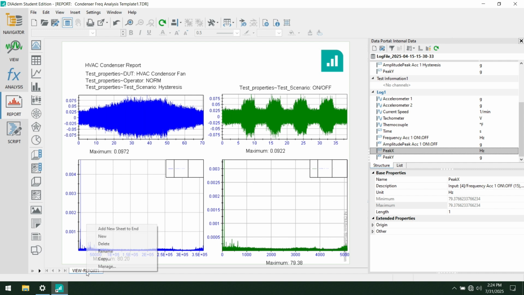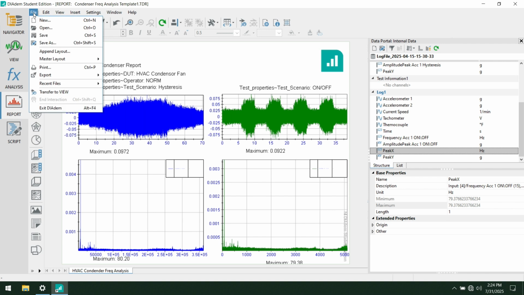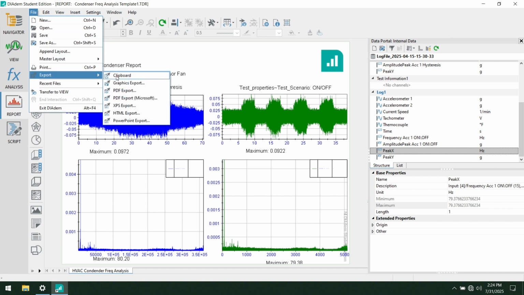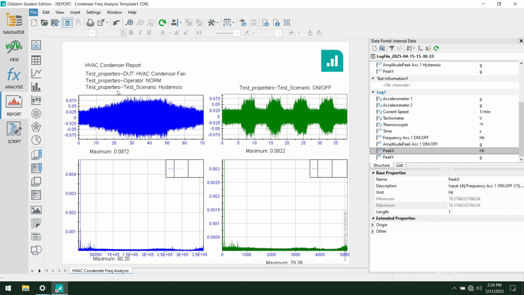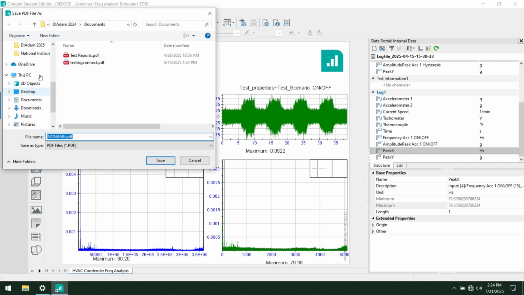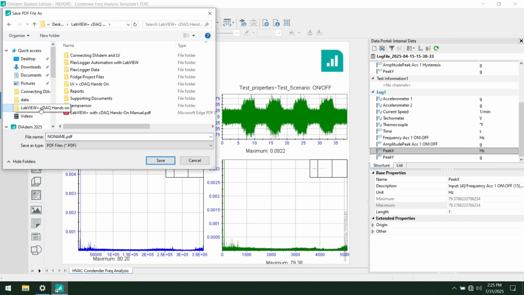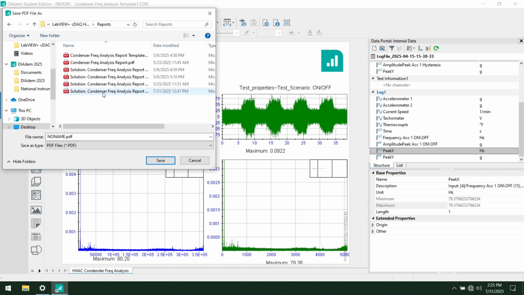And maybe something I should have done before that would be rename the sheet itself, because we have no idea what we are looking at here. So I'm going to save this as well with a better name. Okay, cool. And now this specific report, I want to export it. And with DIAdem, you get tons of options on exactly how you are going to export your file. But I'm going to pick a PDF today. I'm going to do a PDF export, and I'm going to go back, find my LabVIEW suite hands-on folder,